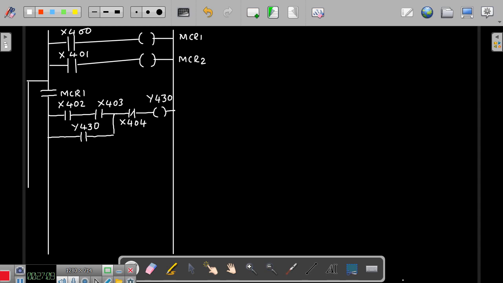Therefore you can indicate 2. Now this is the first part here. Then